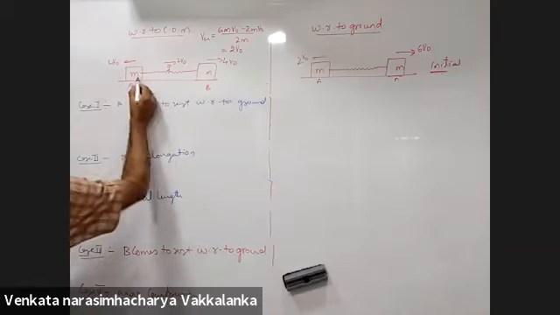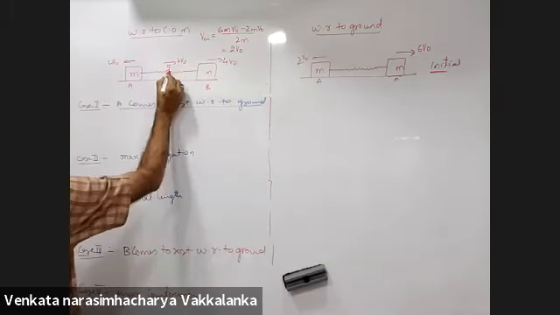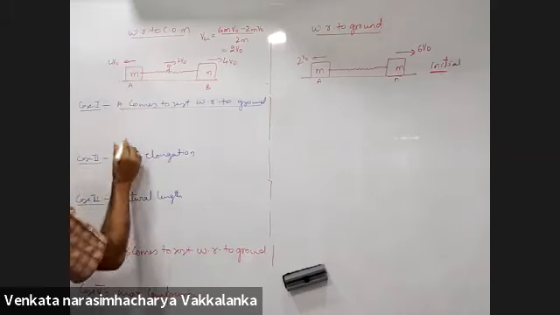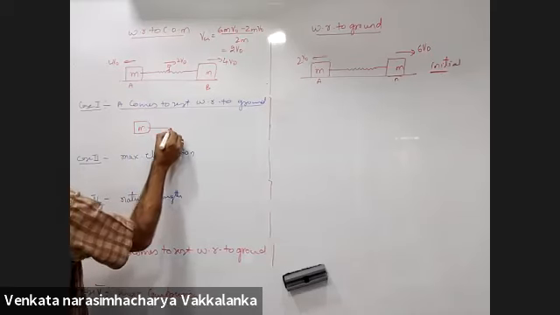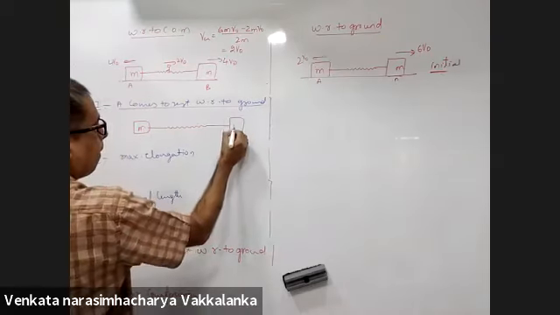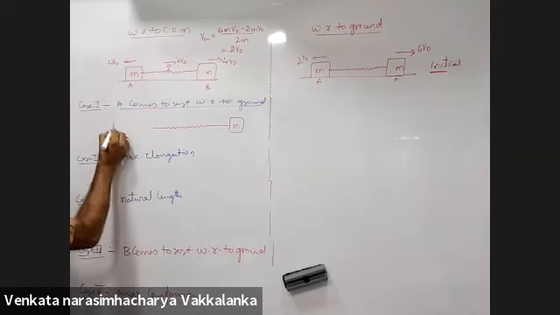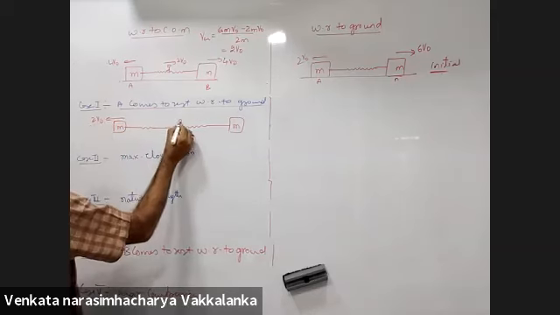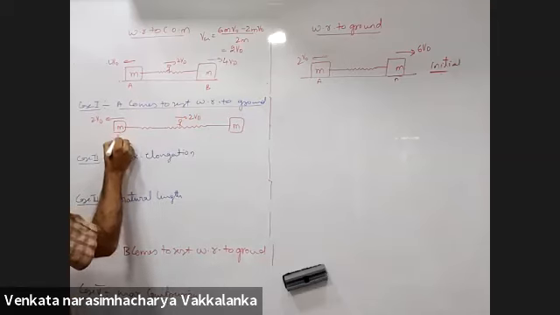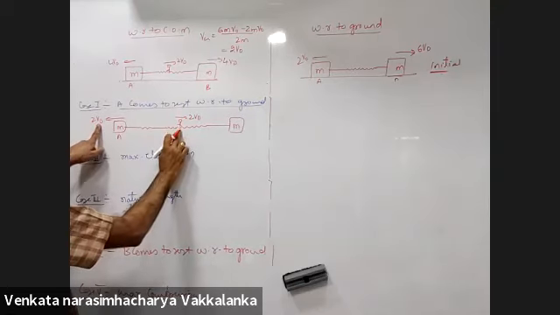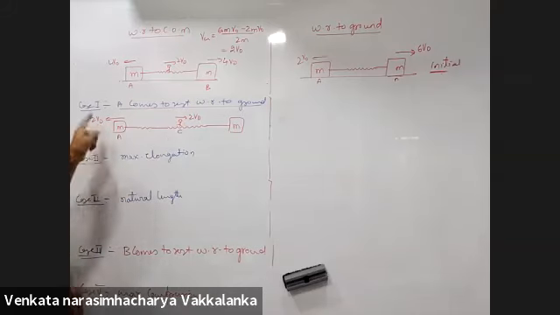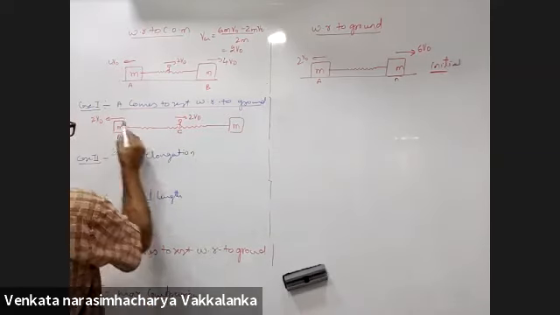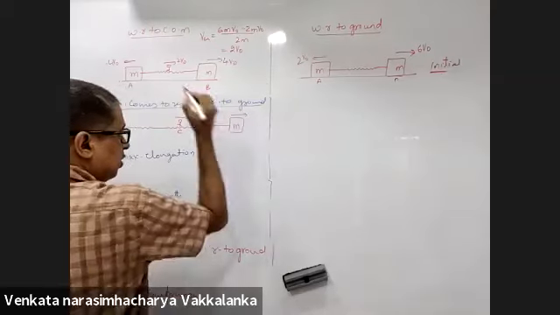Please have a look. When will A come to rest with respect to ground? When this velocity, before reaching 0, reaches 2v0. Center of mass is moving with 2v0. Velocity of A with respect to center of mass is minus 2v0, plus velocity of center of mass with respect to the ground is 2v0. Sum of both is 0, that is my condition there. When this is moving with 2v0, what will the velocity of this be?